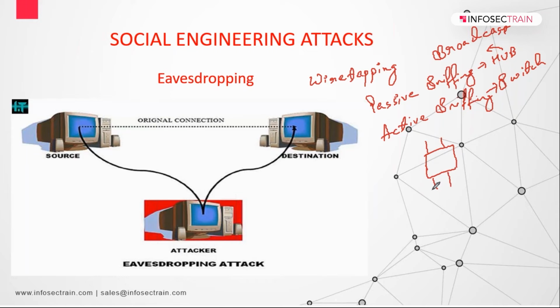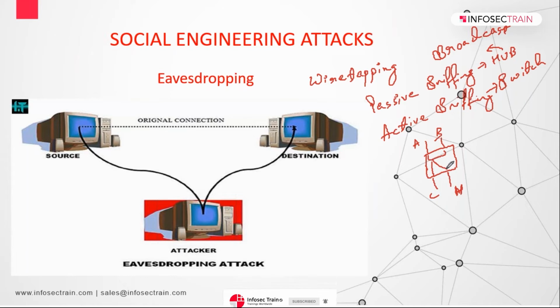Let's say these are the four devices connected to this particular hub. So let's say this is A, B, C, and let's call it H, H as in a hacker or any part of it. Perfect. So if A wants to send any sort of data to C, what will happen with that? It will be going to B as well, it will be going to C as well, and it will be going to H as well, isn't it? This is what happens.